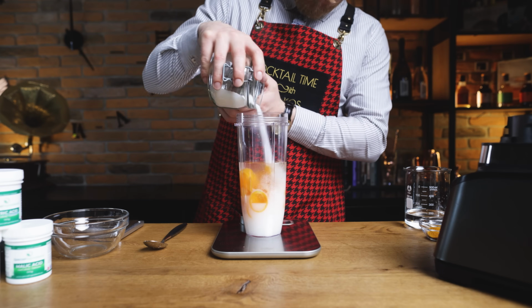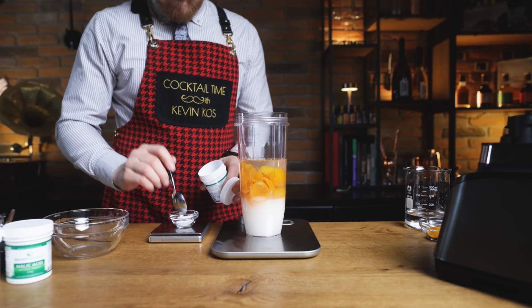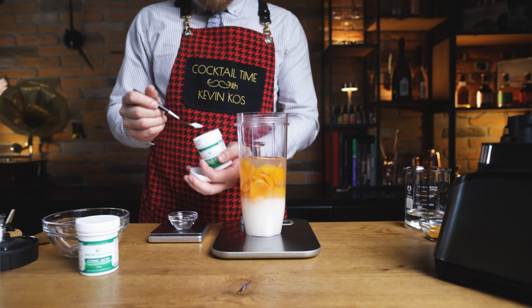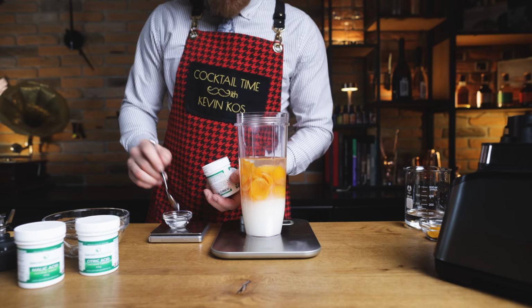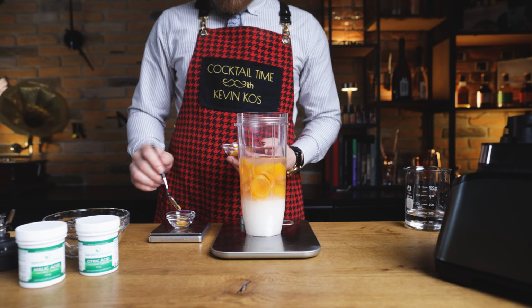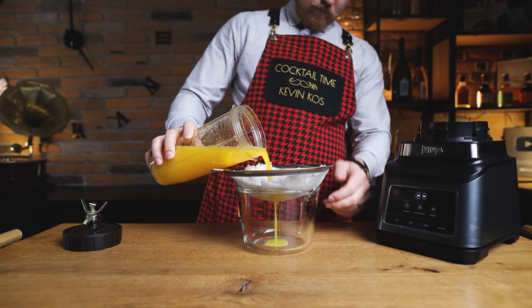Then add the sugar. We're going for 1:1 syrup, so equal weight as our liquid component, 360 grams. Next, add the acids for that boosted citrus notes, 16 grams of citric, 2 grams of malic, and 1.2 grams of ascorbic acid, also known as vitamin C. This will also act as a subtle preservative. Lastly, an optional step, but it will help with the vibrant color we're going for, 0.5 grams of turmeric powder. Now just blend everything thoroughly for about 45 seconds, then strain it through a masking cloth to get a smooth,